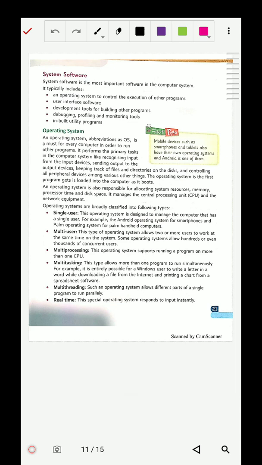What is system software? System software is the most important software in the computer. In the computer system, system software is the most essential, because if there is no system software, the computer will not be able to run. There must be system software to start, to perform, to manage all the components of the computer. Because as we know, a computer can run with the correspondence of hardware and software. Without hardware and software, a computer cannot run.